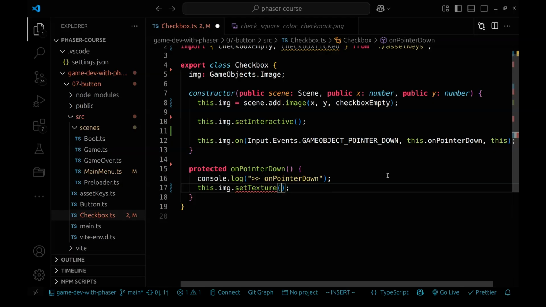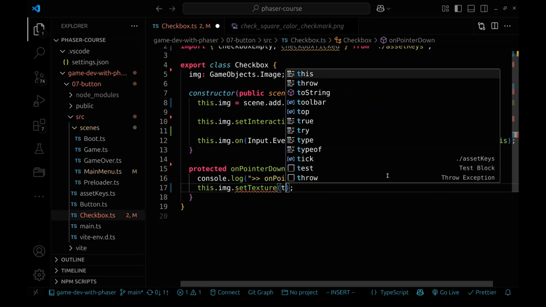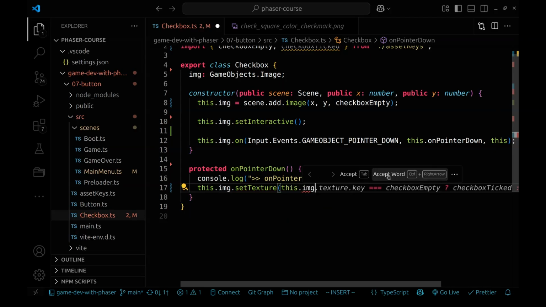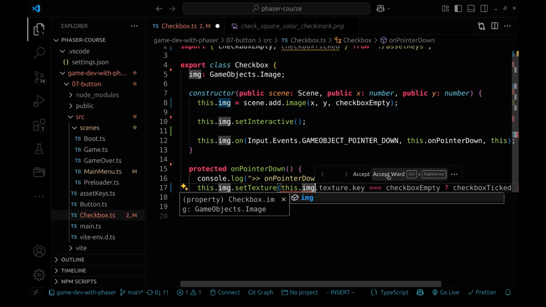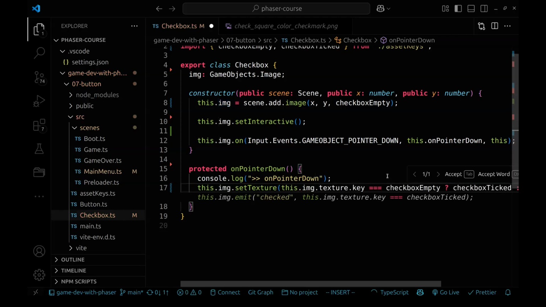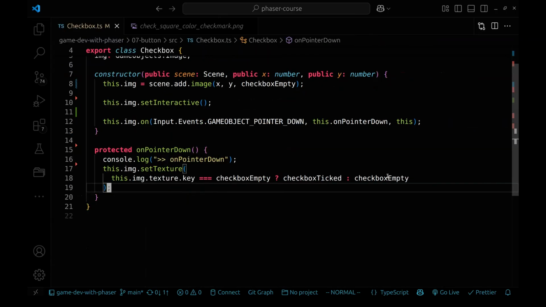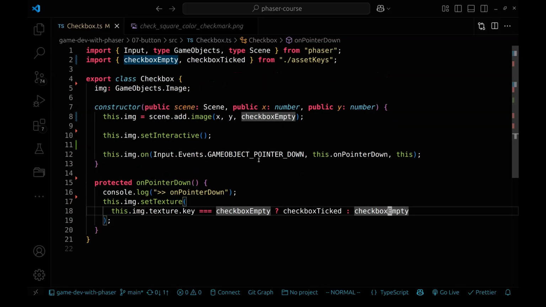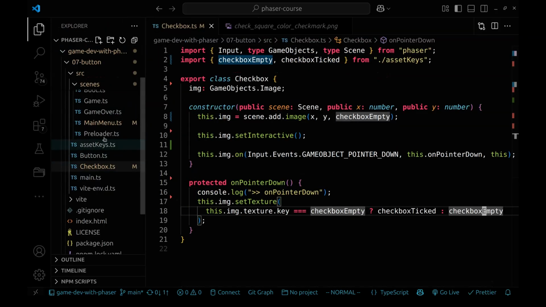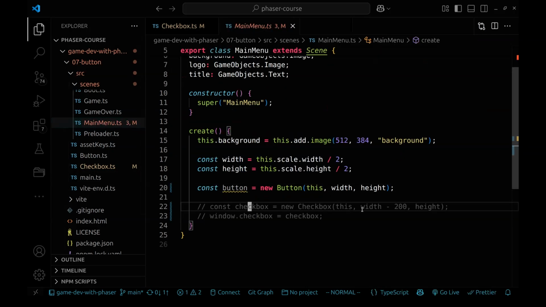I'll be basically flipping between the two, right? So what I'm going to do here is check if this.image.texture, yep, I have the right completion. If the current texture is the checkbox empty, change to the checkbox ticked, otherwise checkbox empty. And that should be enough if I actually bring this in my main menu